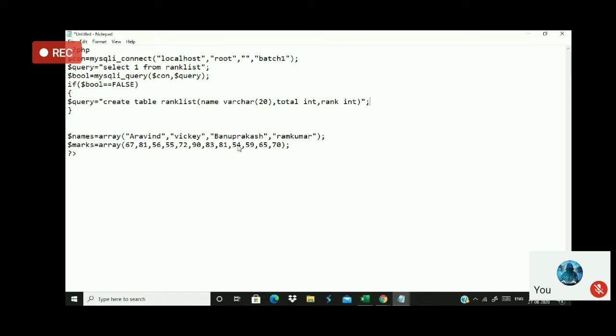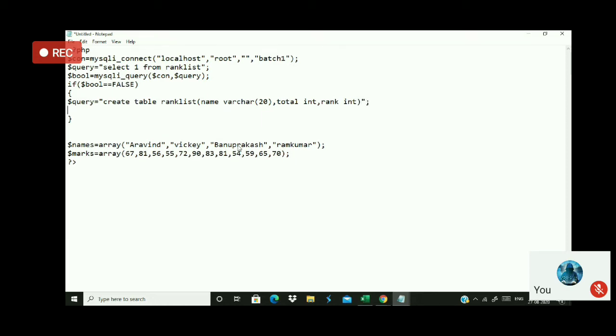Once I create the query, then I have to execute this query. What should I do? Again, I have to run this MySQL query here. So use bool, use mysql_query, and you should run this query. The first parameter is connection, the second parameter is the query itself.